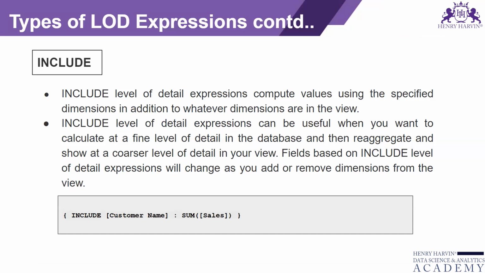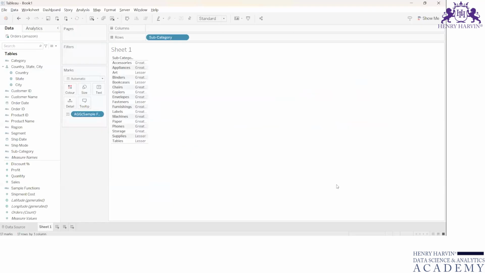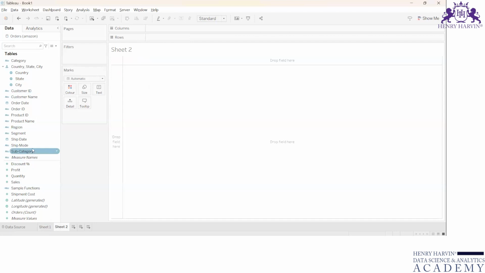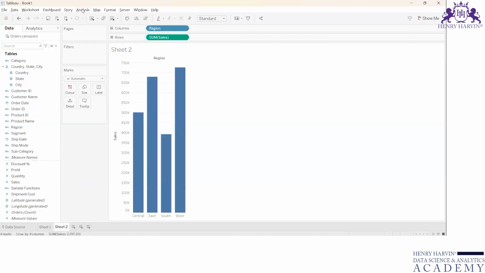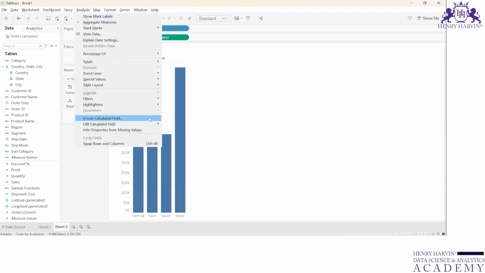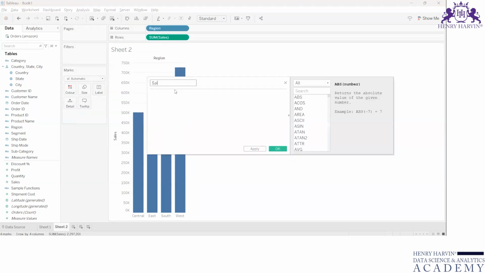So I'll try to explain this in simple terms. First, let me try to plot this graph, okay? And see what they have done. You can see here, first I'll take Region and I'll take sum of Sales. Now I will go to Analysis, select Create Calculated Field, and I will name it Sales per Customer. Okay, and here if I go to the